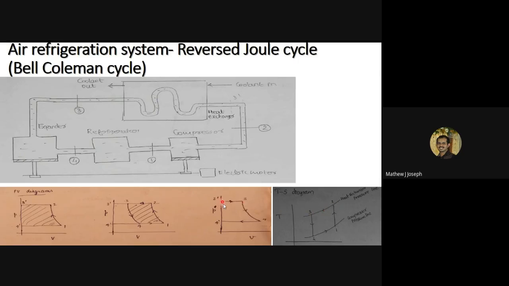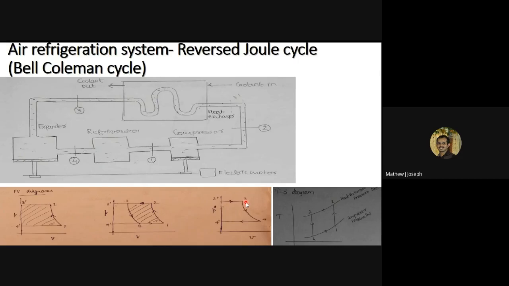So some imaginary point 3 dash can be assumed somewhere between the exit of the heat exchanger and the entry of the expander. Since it is an imaginary point, it can be assumed anywhere before or after the heat exchanger. When we are considering the expander process, we are assuming that imaginary point after the heat exchanger. So from that imaginary point 3 dash to 3,